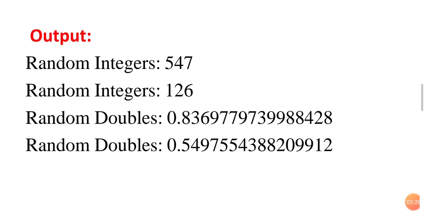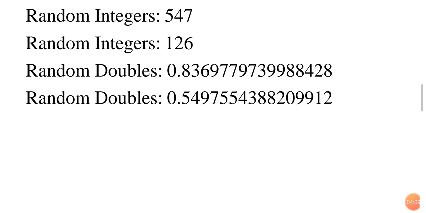So this is the output. These randomly generated numbers may be different for everyone because they are generated randomly within the range. For the first two statements generating integers, we specified the range of 0 to 999, and each generates one random integer within that range. These may be different for everyone because every time it chooses random numbers. Next are double type numbers. Here we have not specified any range, so any double value may be generated and displayed. So this is about the Random class.